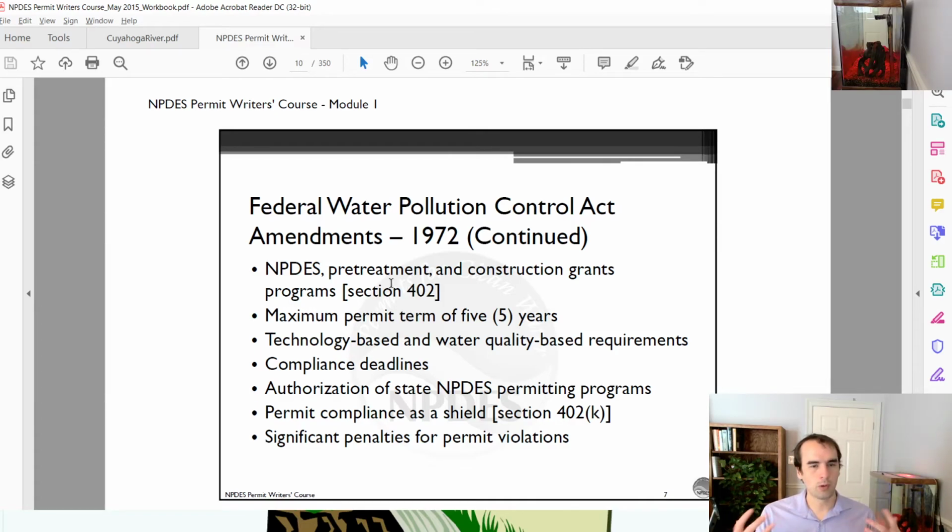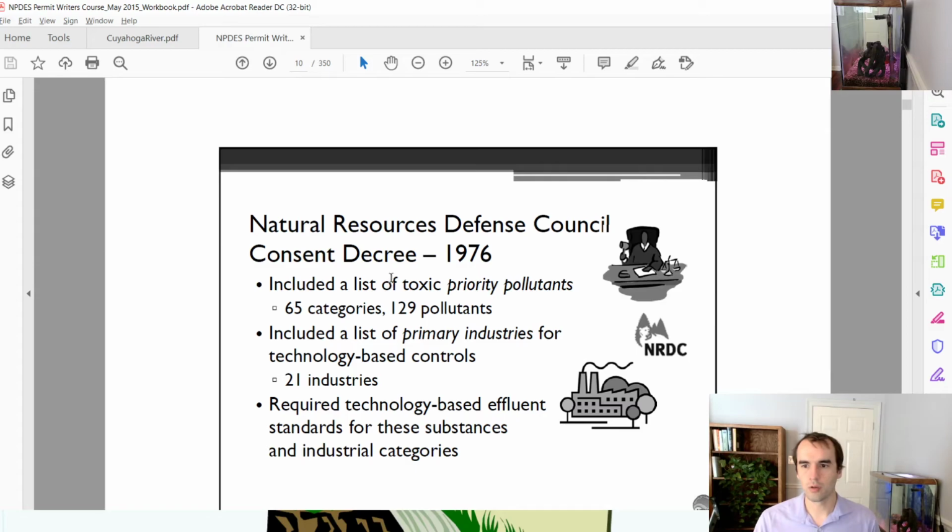And it really set up this permit compliance as a kind of protective shield for industries. And of course, if somebody is violating the permits, there are potentially enormous financial fines, and potentially their permits can be revoked, which would generally just kill the industry outright, because if they violated their permits and they're not in compliance, then it becomes a federal issue and probably a felony to continue discharging without the permit. Okay, so